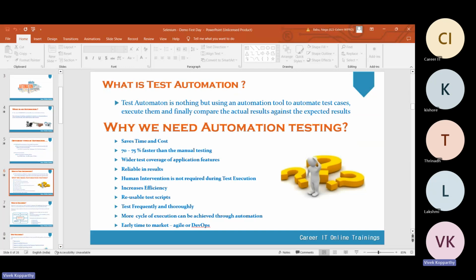While introducing the new feature, it is our job to validate that the new feature is working fine or not. That is a very common job. But in another scenario, while introducing the new feature, you must also validate each and every neighbor key feature, each and every existing key feature. Why? Because we must make sure the new feature is not disturbing any of the existing ones. That is called regression testing.